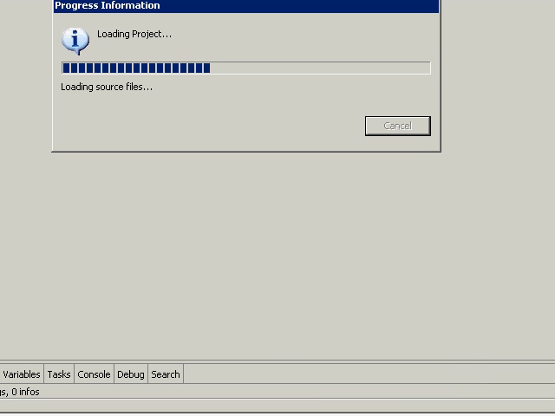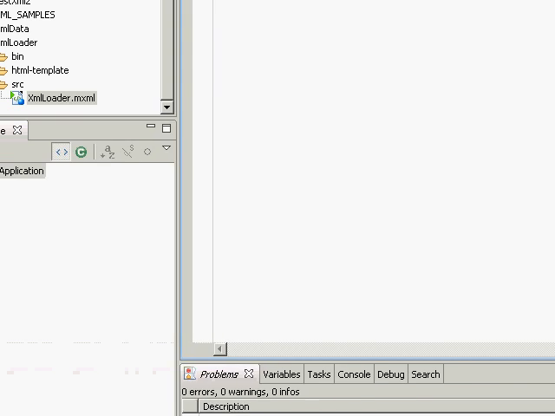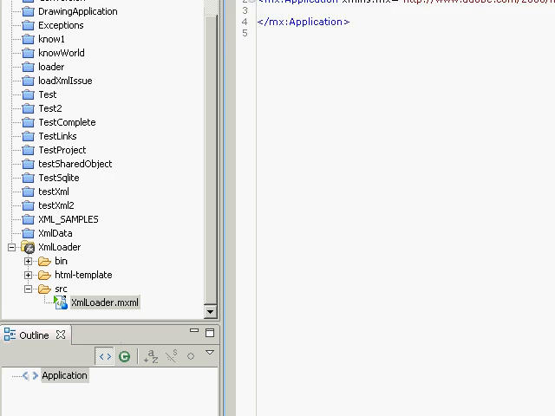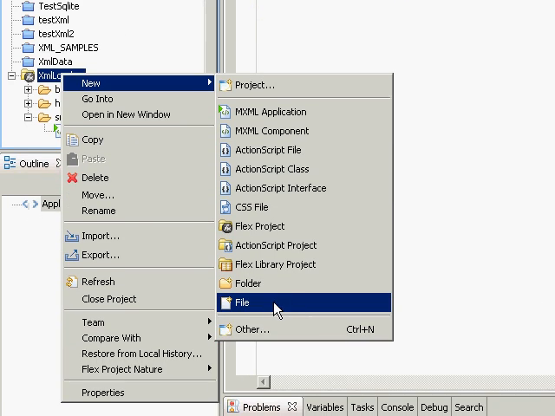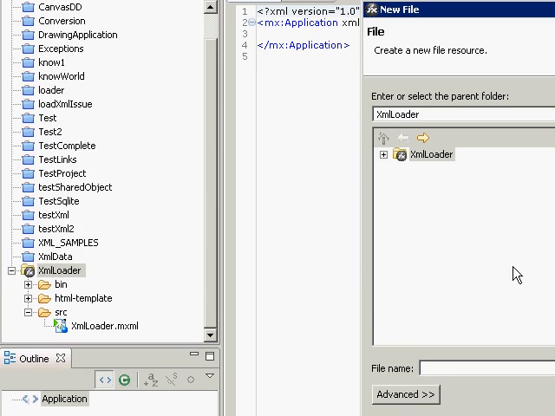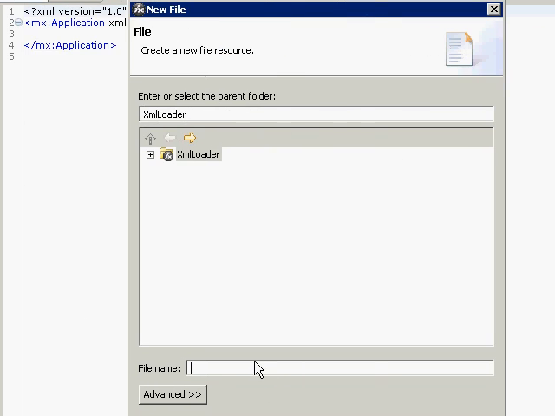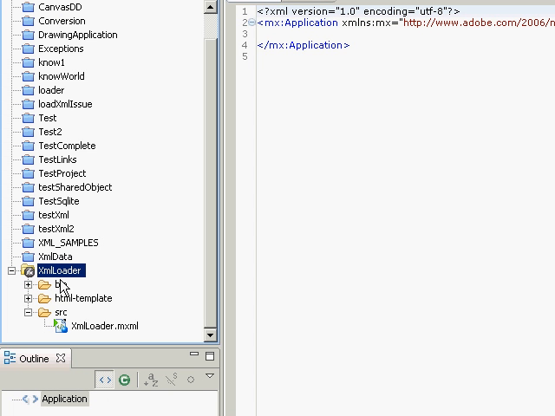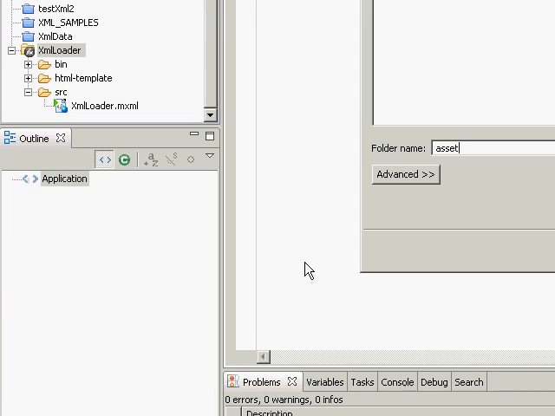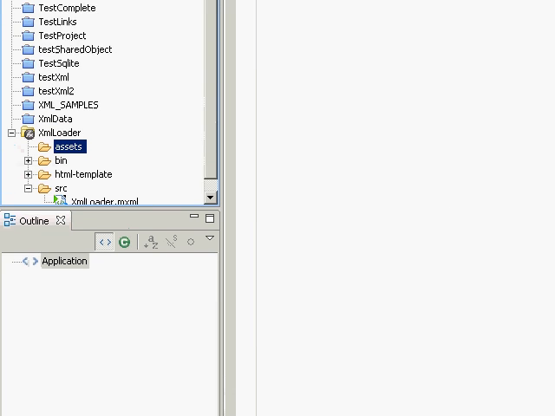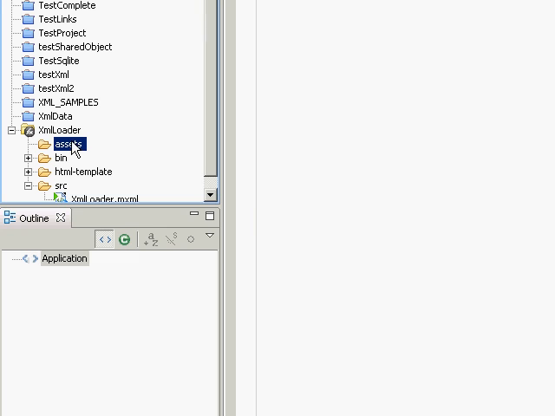I believe that's default in Flex Builder 3. It's just a good idea. So now I'm going to make the XML file that we want to load from. Let's call it a file here. Actually, you should put things in an assets folder, so let's go ahead and do that. Folder, assets, for instance. That's good enough. So now we'll make a file here, file,